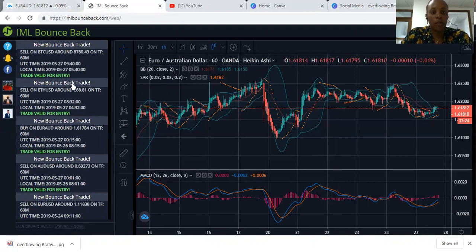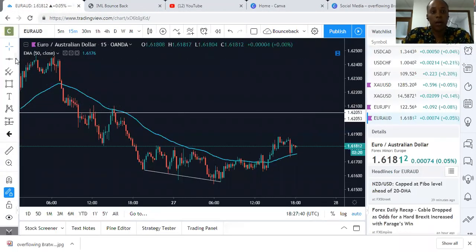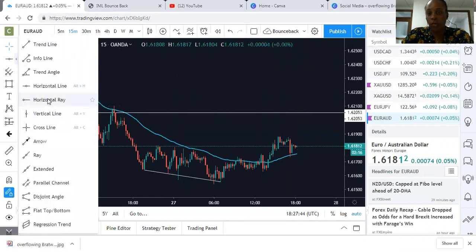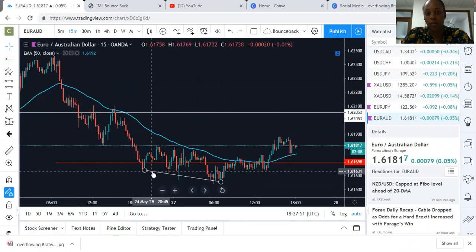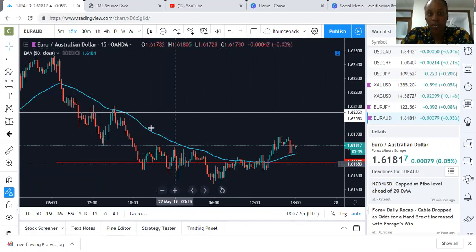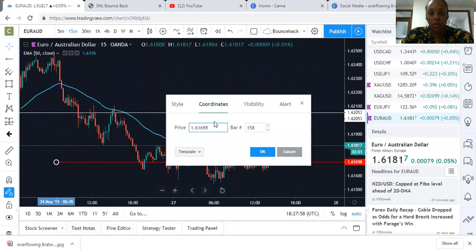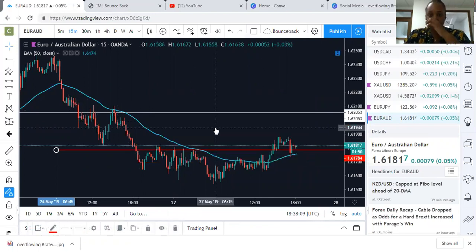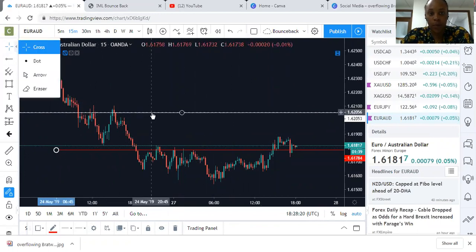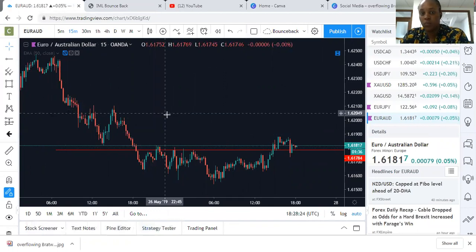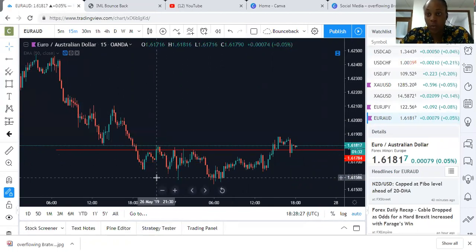So we have here buy at around 161,784. So straight over to TradingView, and we're looking for 161,784. So use a horizontal ray, right, to understand where 161,784 is. Place the horizontal ray anywhere on the chart, and we're just going to change the coordinate. So we go to the settings of the horizontal ray, changing the coordinate to 161,784. Good. So this is where Bounce Back wants you to enter the trade. All right. Now, just where you can see here, this red line is where Bounce Back wants you to enter the trade